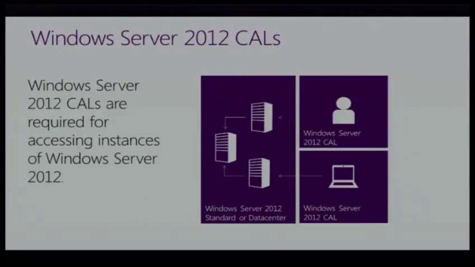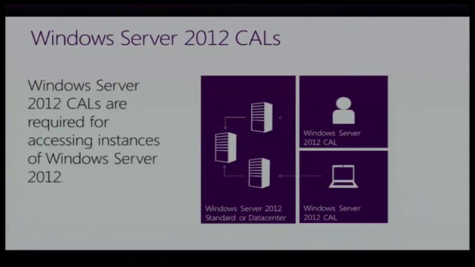Device CALs are most appropriate for customers with multiple users accessing an instance of Windows Server on a single device, such as shift workers, while a user CAL, which is an access license required for every named user accessing the server from any device, is most appropriate for a customer with many roaming employees who need access to the corporate network from unknown devices and/or employees who access the network via multiple devices. When considering whether to purchase device or user CALs, if the number of users that will access an instance of Windows Server is less than the number of devices, then it's a more economical choice to select user CALs.